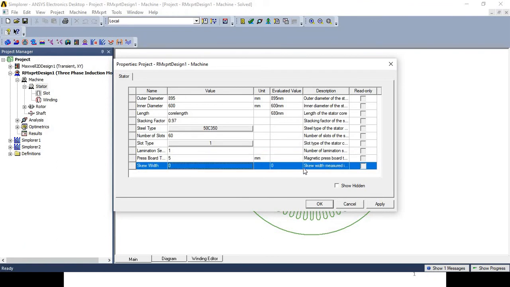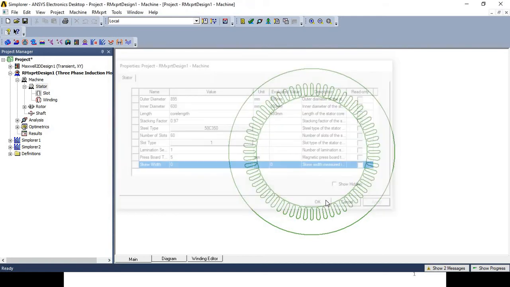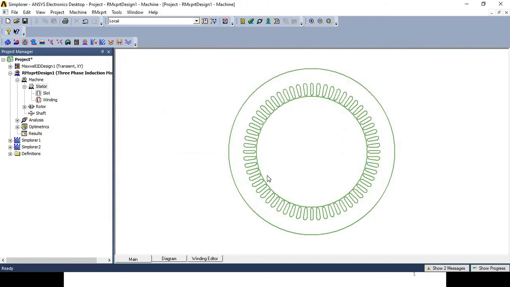Then skew width, which is measured in slot number. Here we have selected skew width equal to 0, and then I have to press the apply button and then OK. So according to that your stator will be present.